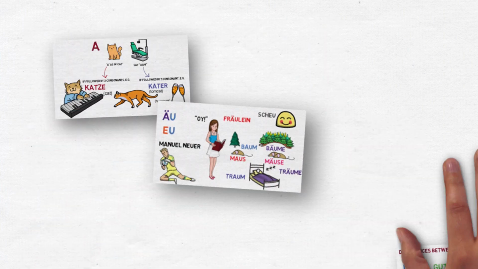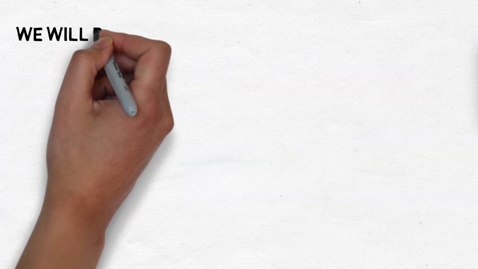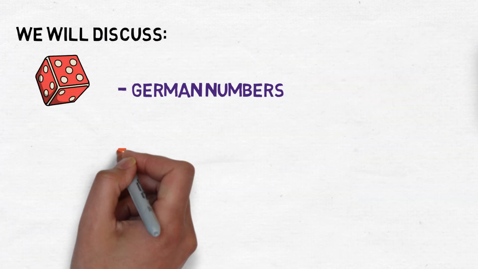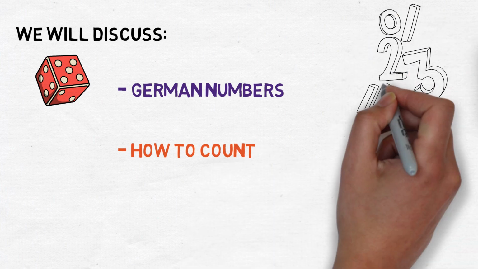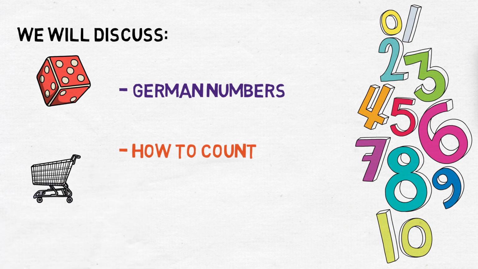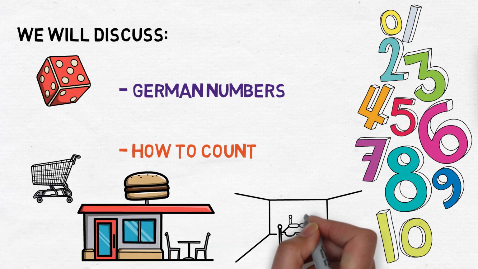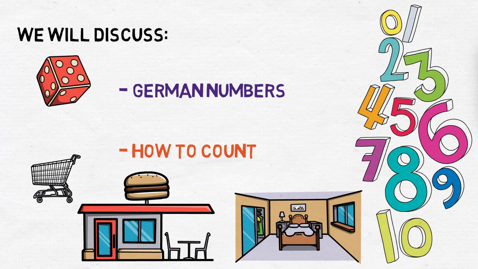If you're watching this video, I hope you've already watched lessons 4, 5 and 6 on how to pronounce the letters of the alphabet as well as vowel combinations in German. If you haven't watched these videos, start with lesson 4 by clicking here. For the final lesson in this Introduction to German playlist, I will be discussing German numbers and how to count. This is important as we head into our Advanced Beginners playlist, where we'll be looking at buying things in German, ordering food in restaurants, booking rooms in hotels, and other day-to-day situations where you can really start to use your